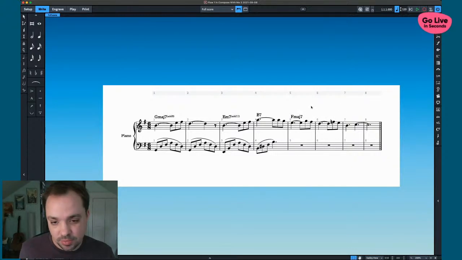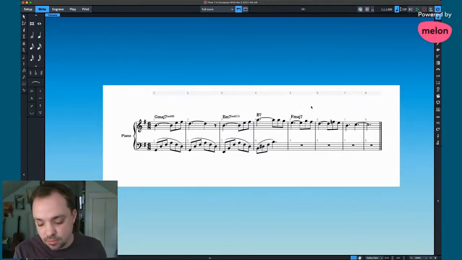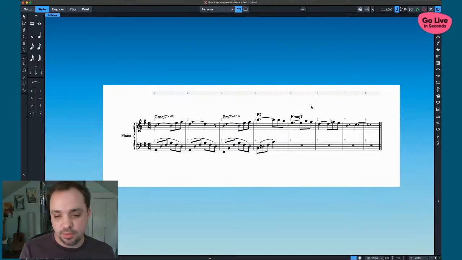That's not really super friendly, is it? Melodically, my ear really wants the F sharp, but at the same time, I want that F major 7. I don't really want an F major 7 flat 9.